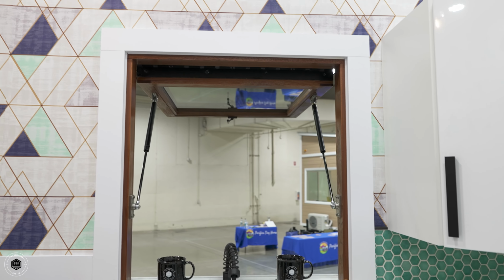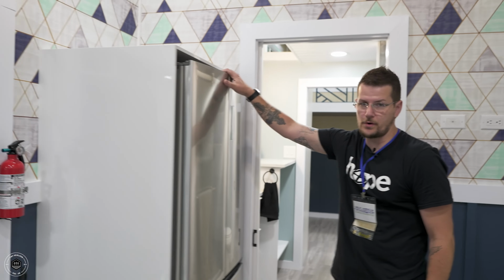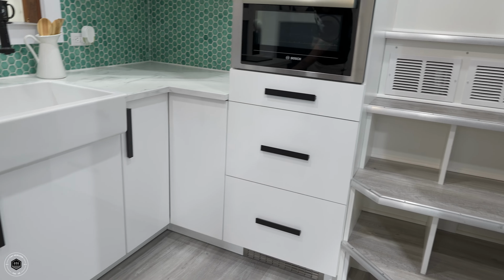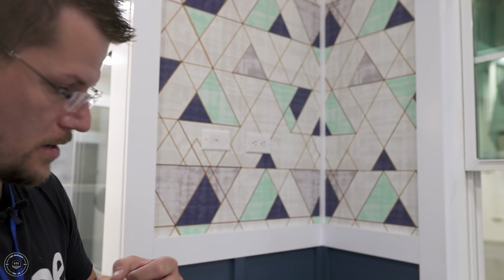And what I love most is this beautiful 90-degree awning window. I mean, a beautiful wood-clad window. It's got a Bosch convection microwave oven combo, and a 28-inch side-by-side 4-door refrigerator and freezer combo by Haier. The cabinets are all done by IKEA in a high white gloss finish with soft close hinges on them. And then it's set up for your TV access, HDMI,